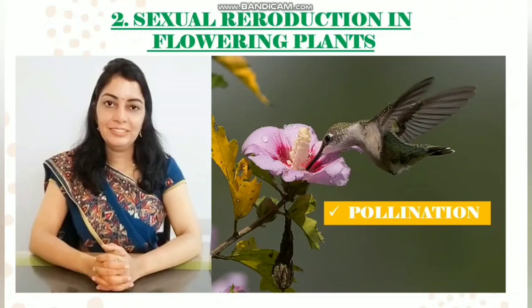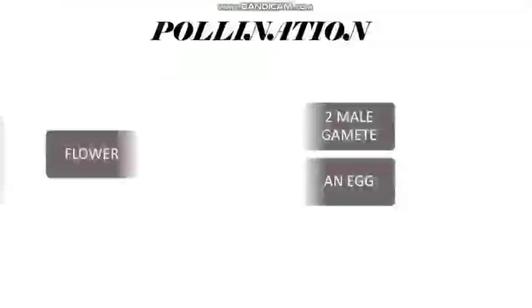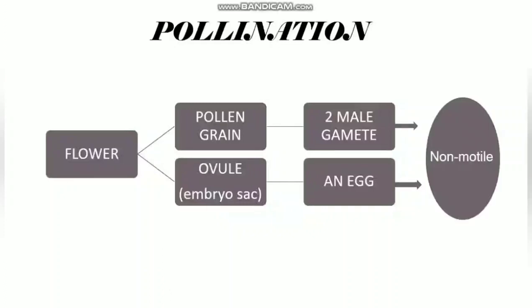Today, in chapter number 2 of Standard 12th, we are going to discuss the topic pollination. In my earlier classes, I discussed the development of male and female gametophyte. So, in all flowering plants, the flowers produce male and female gametophyte. These gametophytes then produce the gametes. And since both the male and female gametes produced by the flower are non-motile,